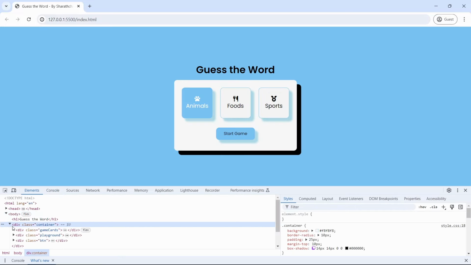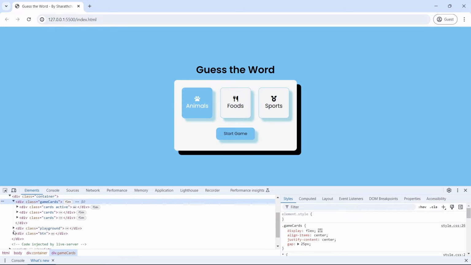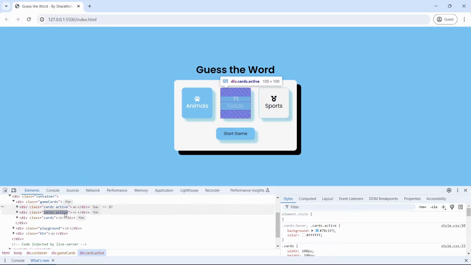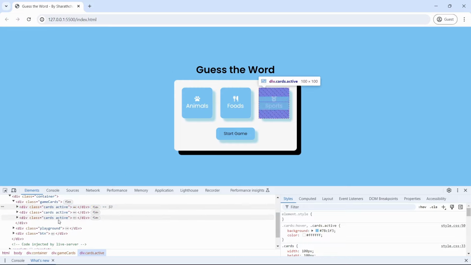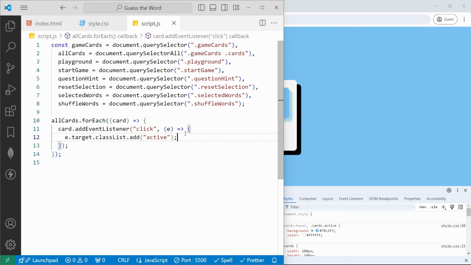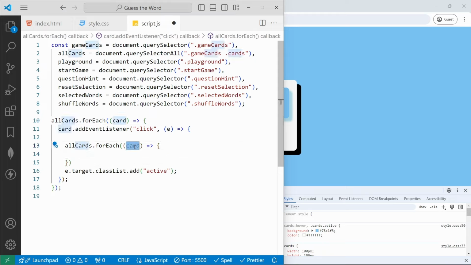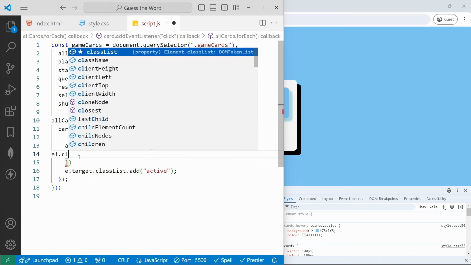If I go and check this game codes, inside this, the first code has the active class added. If I click on food, here we can see the active class is added. If I click on sports, we can see the active class is added. Once we click the options, for the other options, we need to remove the classes. For that, we have already added this forEach. With the help of this forEach, here I will change to el, this element el dot classList dot